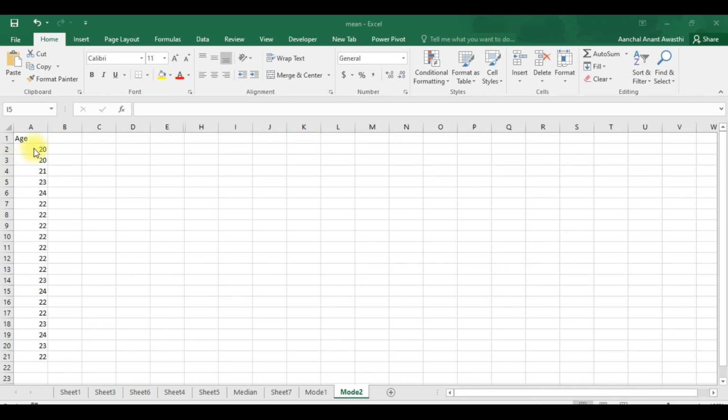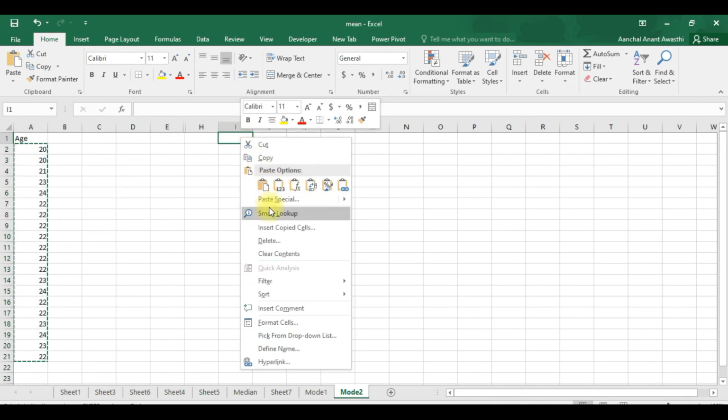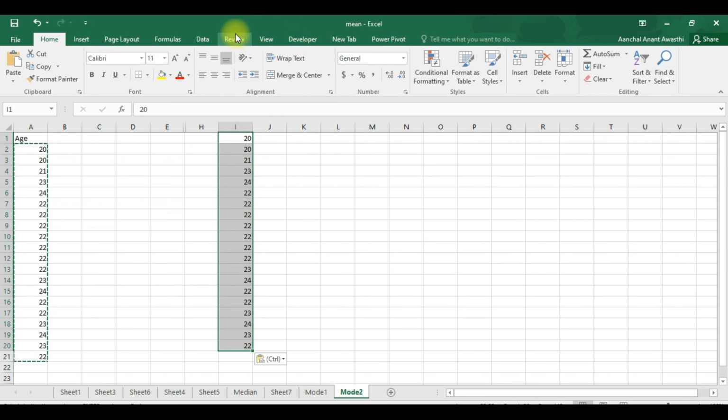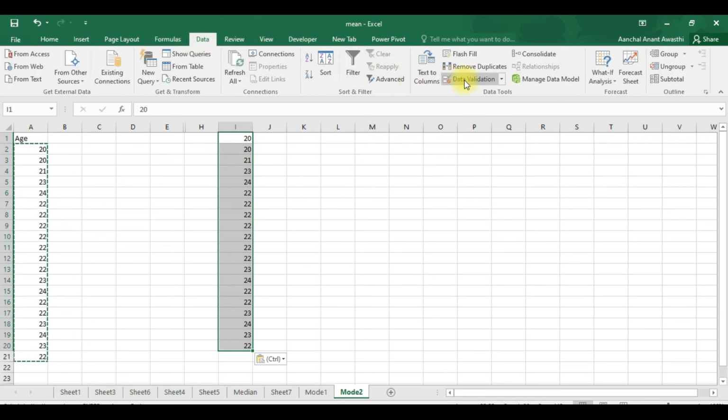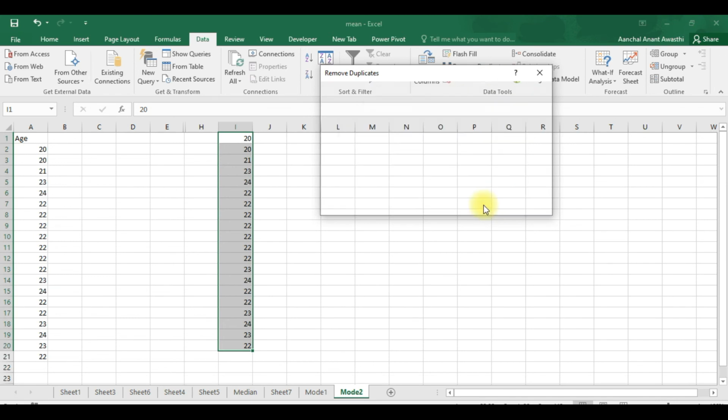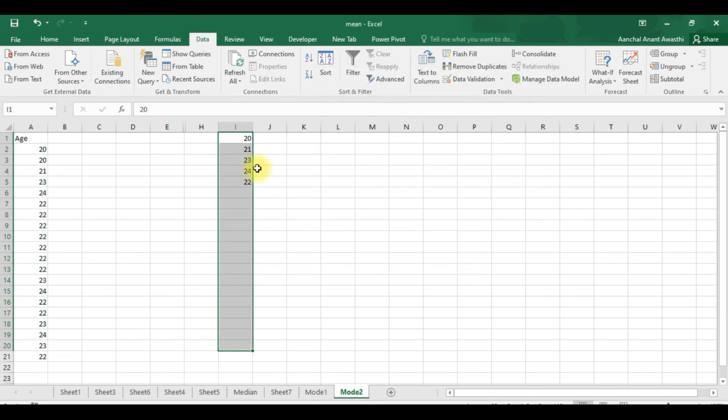If we have raw data, what we can do is we can just copy it somewhere else, and then we go on data tab, then remove duplicates. Now we get distinct values, which was step 1 for calculation of mode.